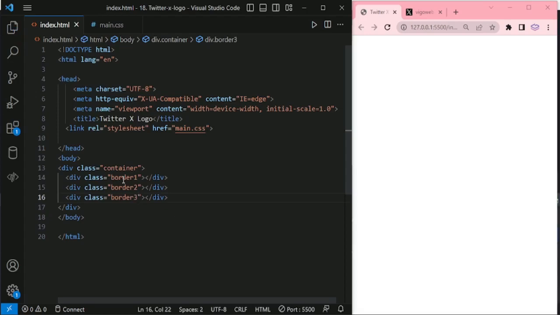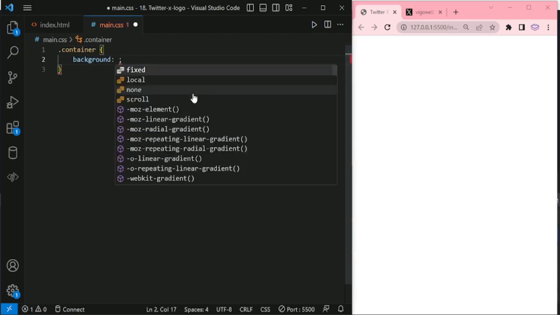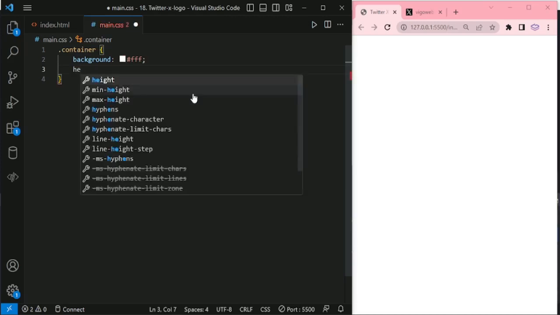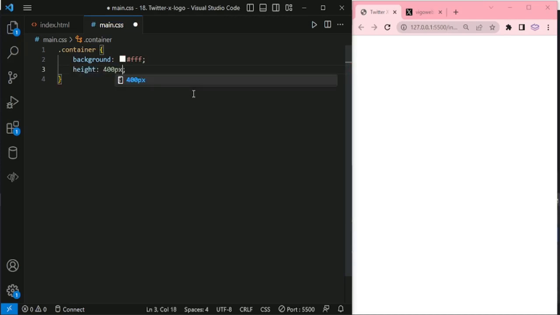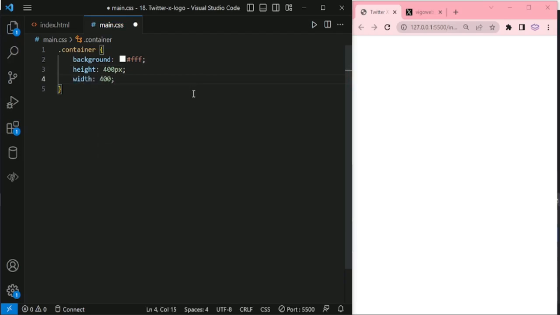Now I'll start the CSS. Here first, the container, giving background color white, height 400 pixel and the width 400 pixel. Okay,